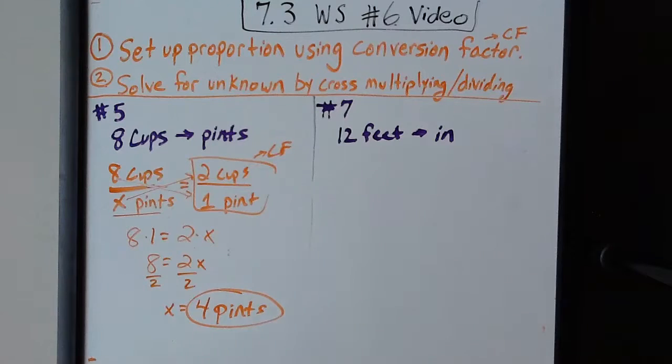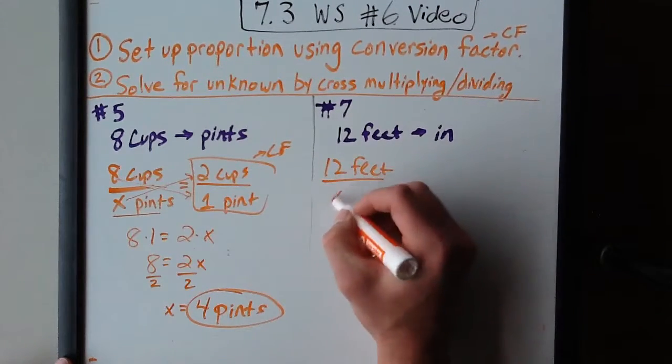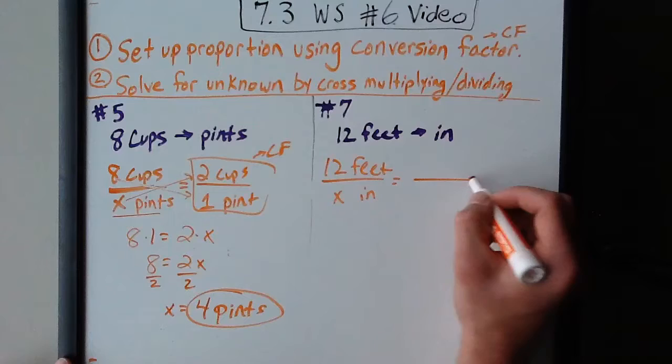And number 7, we also have a word problem. It says Kelsey's room measures 12 feet by 13 feet. What are the dimensions in inches? So here we need to figure out what 12 feet and 13 feet are in inches. So let's first convert 12 feet to inches. So I'm going to write a ratio of feet to inches. 12 feet over some number of inches is equal to,